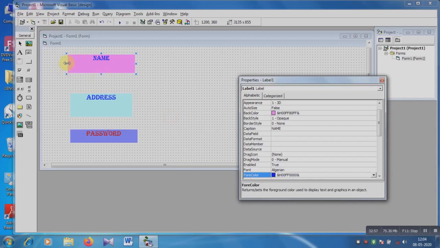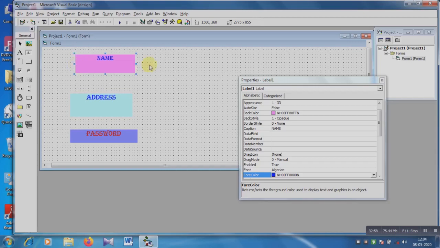Okay, and you can change the size using these buttons. Okay, like this.